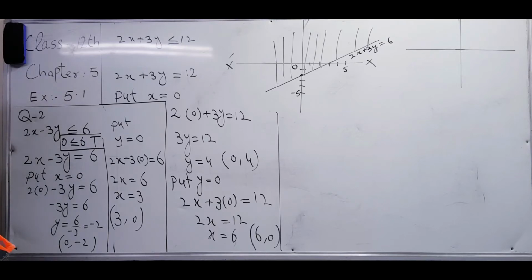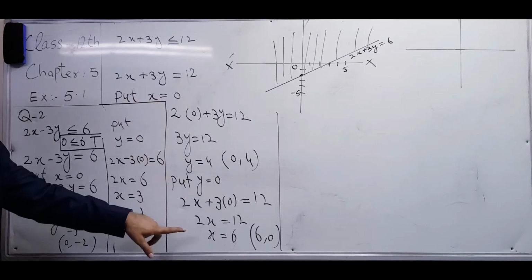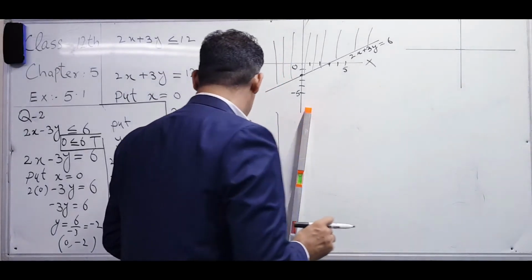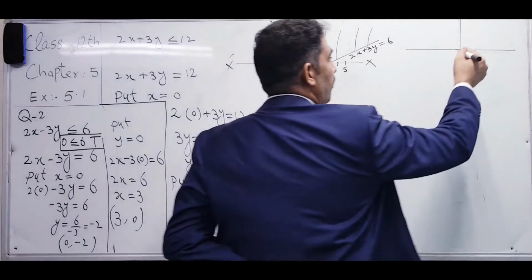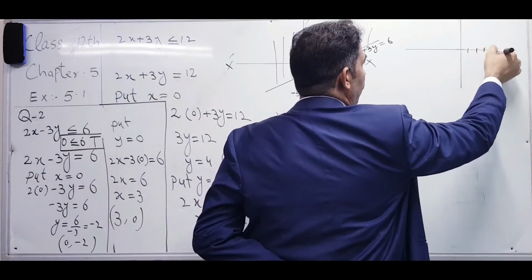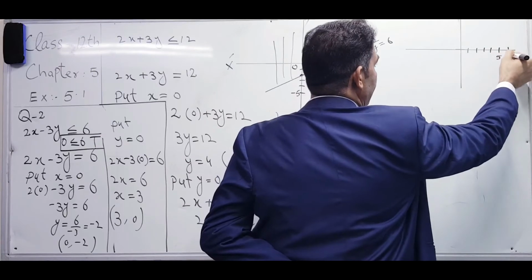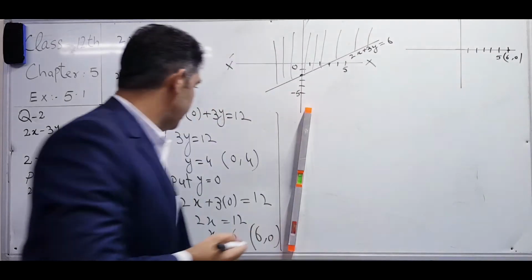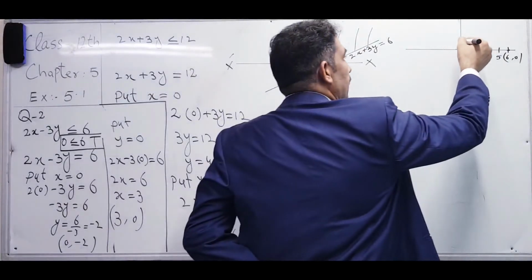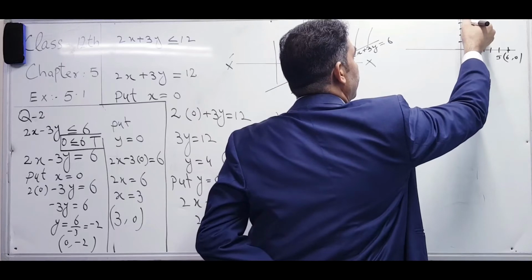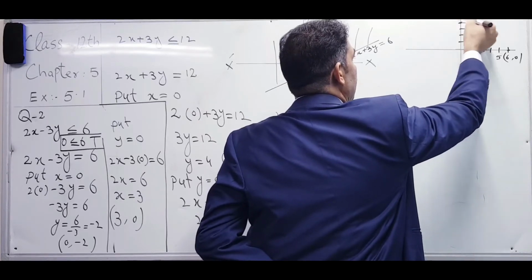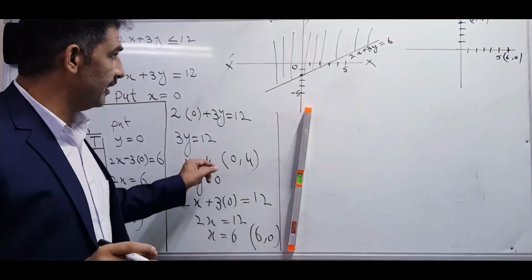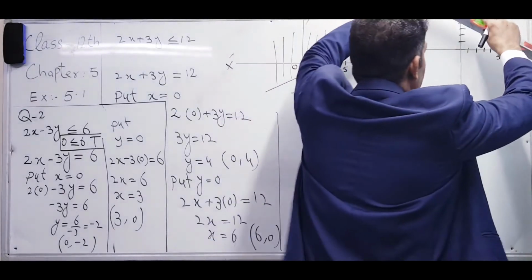Now we are going to the second inequality, whose ordered pairs are 6, 0 and 0, 4. Okay, taking the positive values 6, 0 and 0, 4. We will go till 6: 1 2 3 4 5, and that is the 6, because 6, 0 is this point, and 0, 4: 1 2 3 and 4, that is the point 0, 4. So we have to draw the line, then after that we will check the testing point.